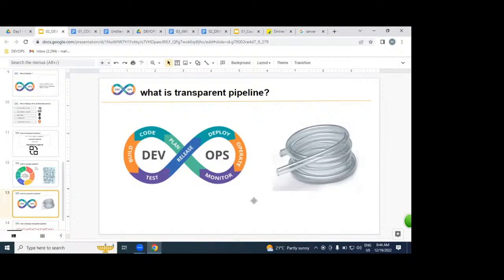Understood? If any issue or blockage occurs in the middle, we can see at one look in this transparent water pipeline where exactly the problem is, and we can resolve it as soon as possible. In the same way, the DevOps process is an automated process. DevOps is a transparent process. In the middle, if you get any issue or problem,